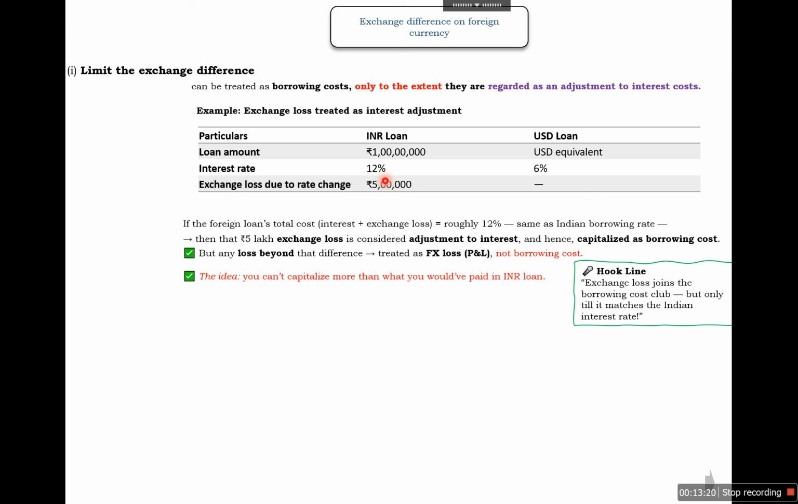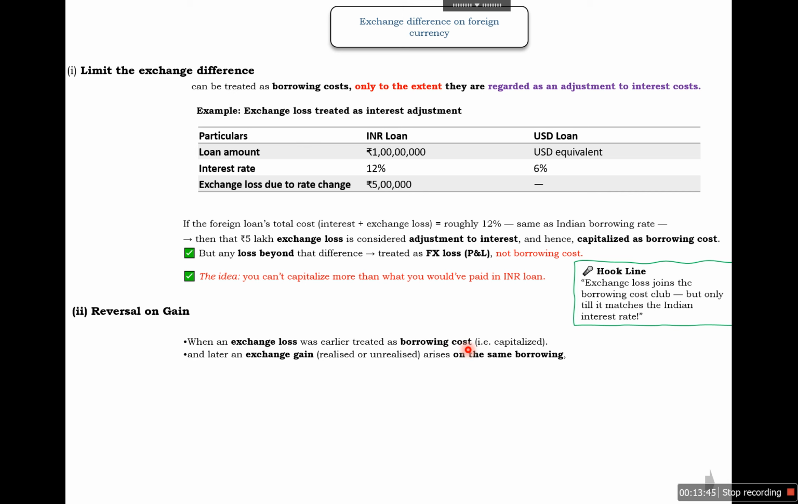So Ind AS 23 says both things. You can capitalize it to the extent of Indian cost of borrowings, but similarly, if there is a reversal, in that case, we need to reverse the cost also. When exchange loss earlier treated as a borrowing cost later results in a gain, whether it is realized, meaning we have paid the cost, or unrealized, when there is only a translation loss and there is no payment of the loan, in this case, we need to